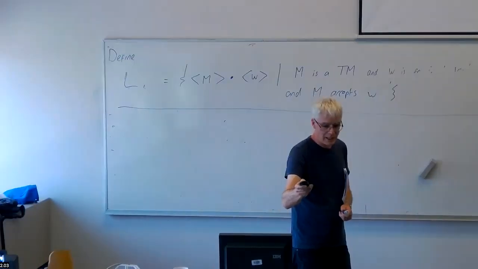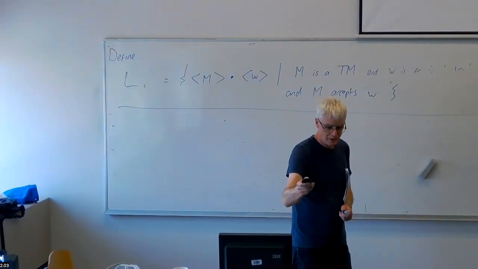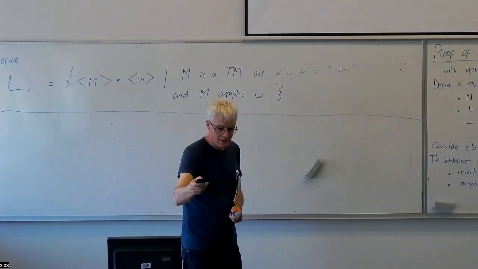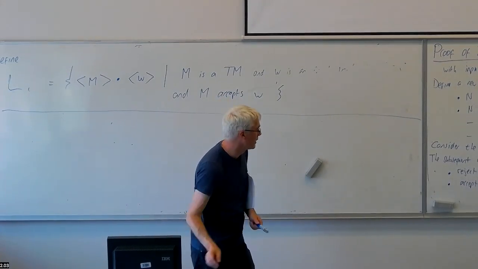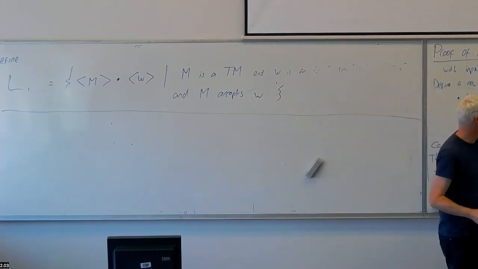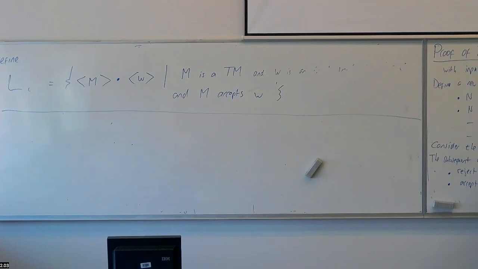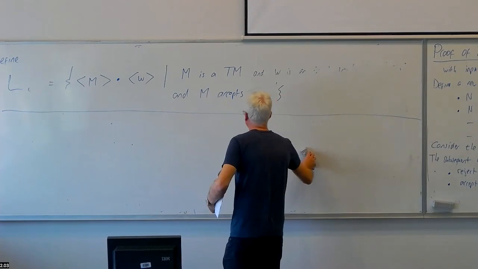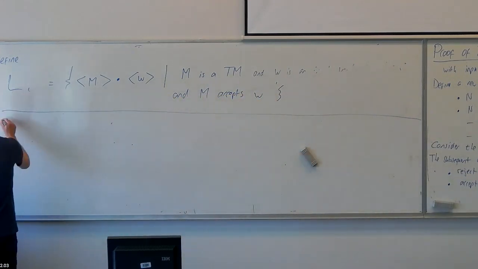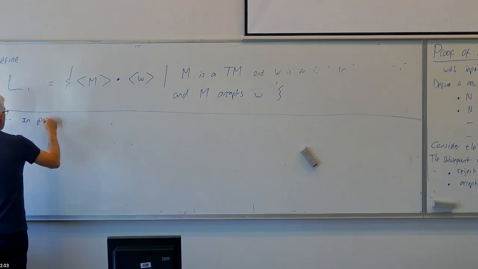So the thing we do now is we consider what happens if we run N on its own encoding. So this is what N does on any input string that's the encoding of a Turing machine. So what happens if we run N on its own encoding? So, continuing the proof, in particular,